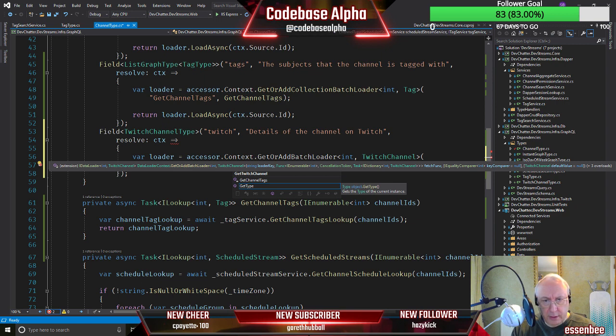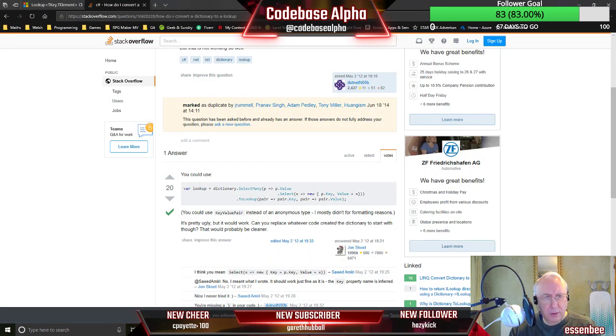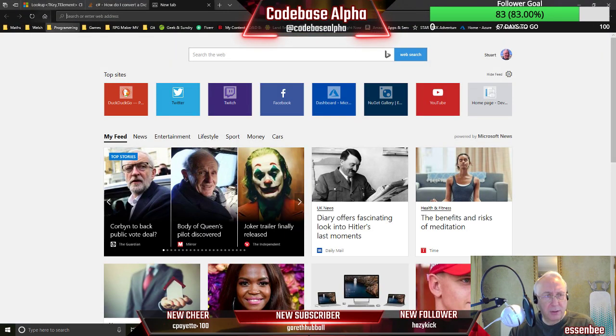So we're giving it a loader key, and we want a func of IEnumerable of T. That doesn't sound correct. We want it to bring back a task of dictionary. Why does it want a func there? Okay, let's go and have a look at get or add batch loader. I need some documentation on that, I think.